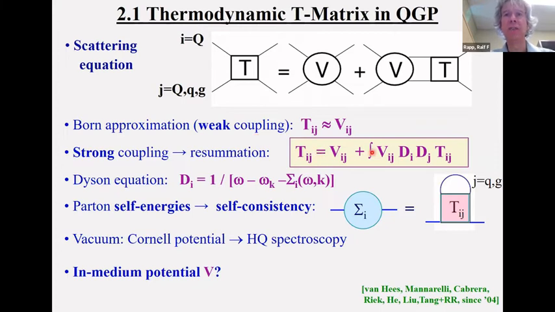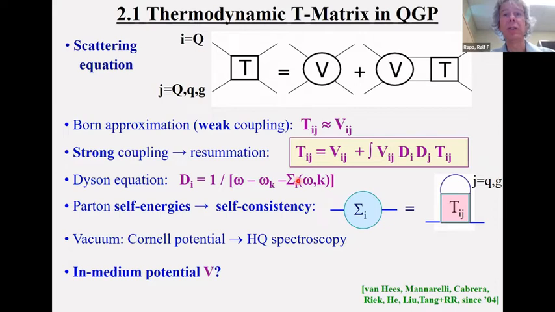That is what is achieved then here. And what comes in then also are these intermediate particle propagators of the particles that interact. And these, of course, are themselves medium modified. They move through that, say, Quark-Gluon plasma. And the self energies that are induced are usually resummed in what is called a Dyson equation. In this sense, these coupled equations are really, you could also call it the Dyson-Schwinger approach.